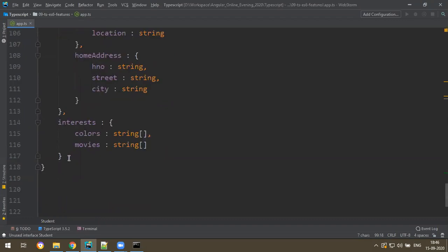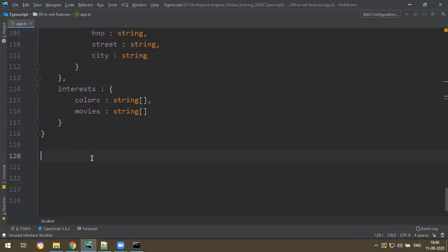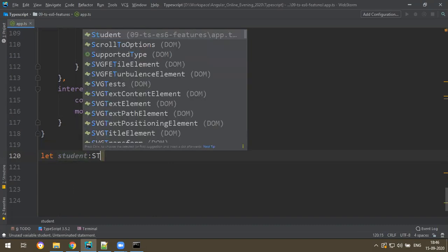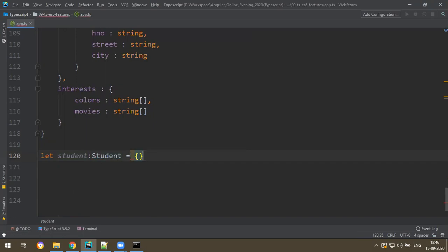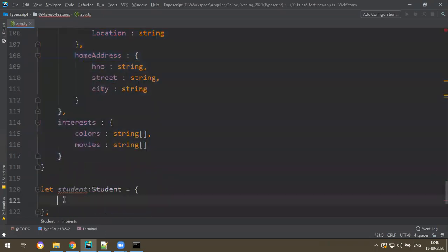Let me declare an object and let's see what that means. Let student of type capital Student is equal to an object. In this I need to put all the data. So can we copy paste the structure here?